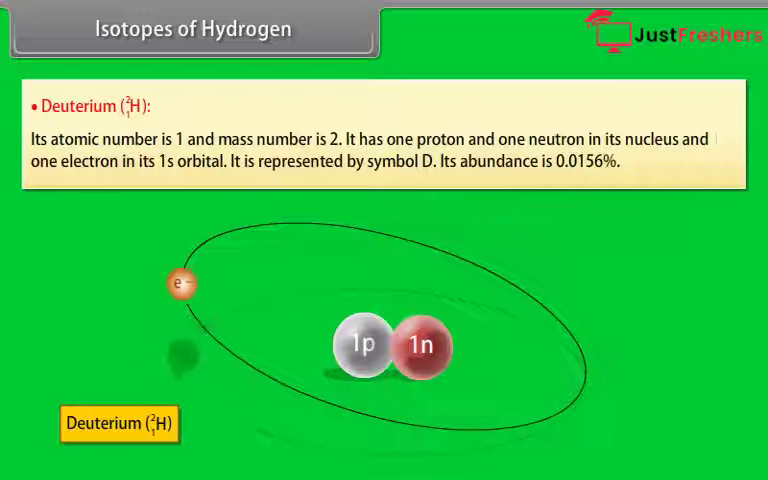Deuterium. Its atomic number is 1 and mass number is 2. It has 1 proton and 1 neutron in its nucleus and 1 electron in its 1s orbital. It is represented by symbol D. Its abundance is